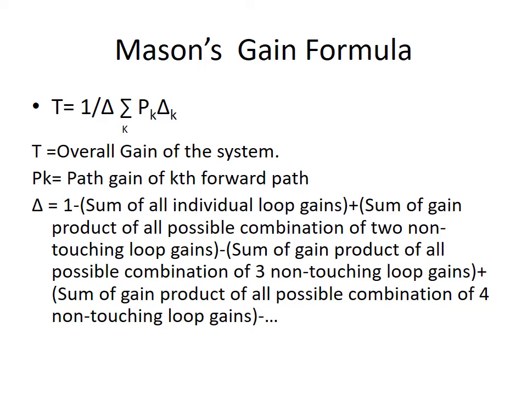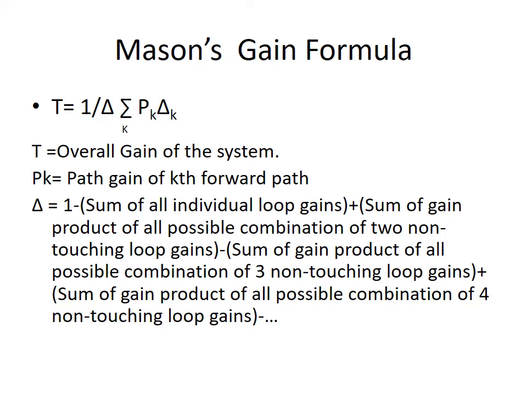Here T is the overall gain of the system, Pk is the path gain of the kth forward path, and del is 1 minus the sum of all individual loop gains, plus the sum of gain products of all possible combinations of two non-touching loops, minus the sum of gain products of all possible combinations of three non-touching loops, plus the sum of gain products of all possible combinations of four non-touching loops,